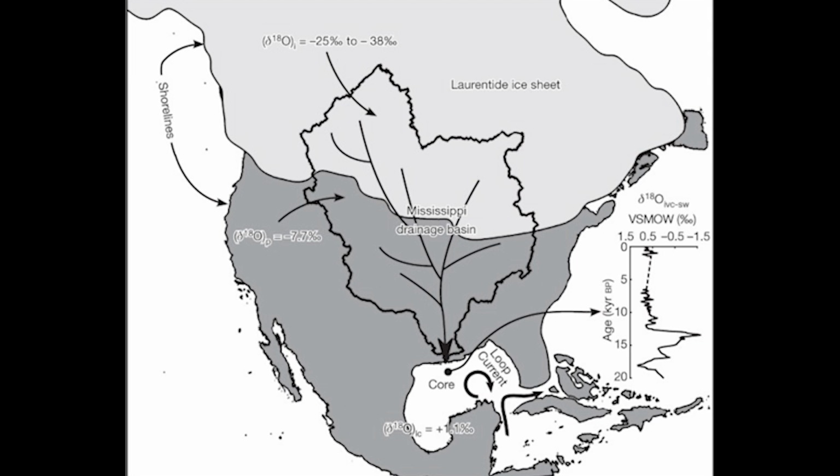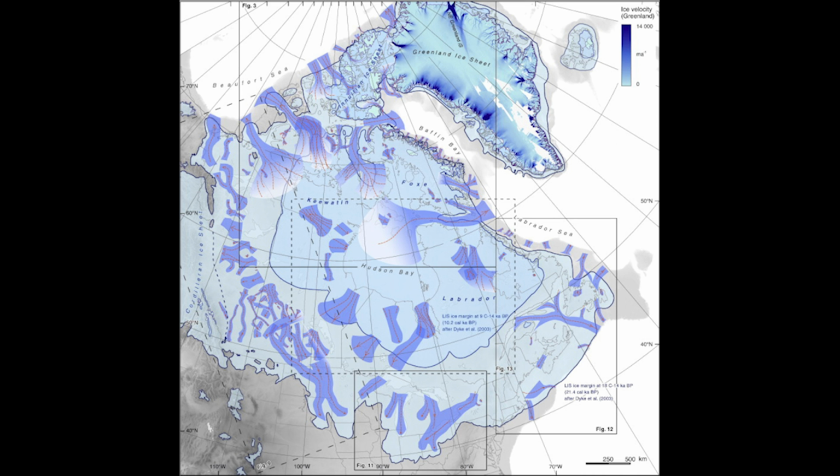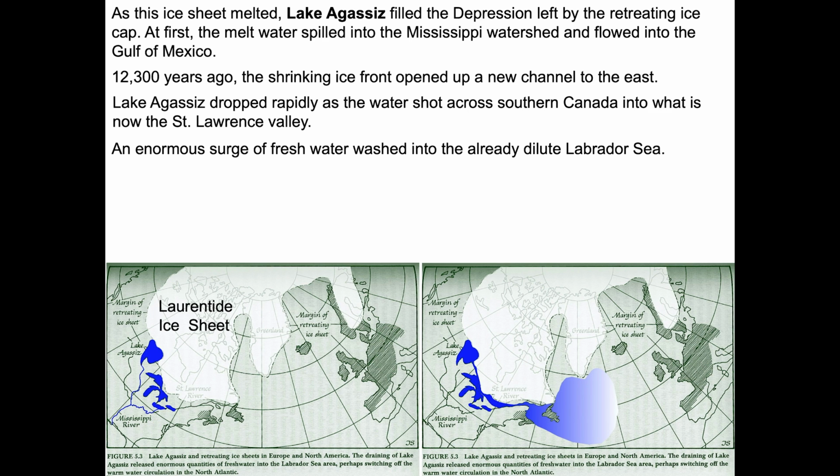Icebergs are going to break off the eastern margins of the ice cap, dumping a half a meter of small rocks, this is ice-rafted debris, drop stones, from the Hudson Bay region onto the floor of the Labrador Sea. As this ice sheet melts, Lake Agassiz becomes a large pro-glacial lake here, covering much of Manitoba, part of Saskatchewan, North Dakota, Minnesota. This lake is about the volume of the modern Laurentian Great Lakes, Lake Superior, Michigan, Huron, Erie,